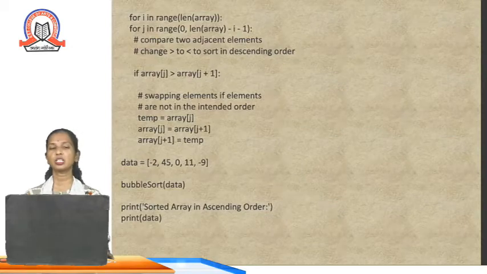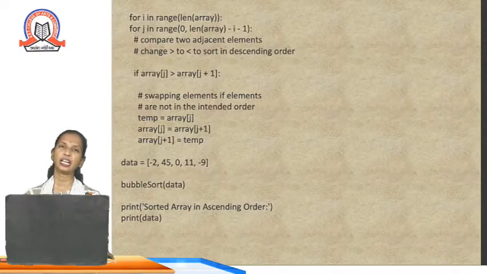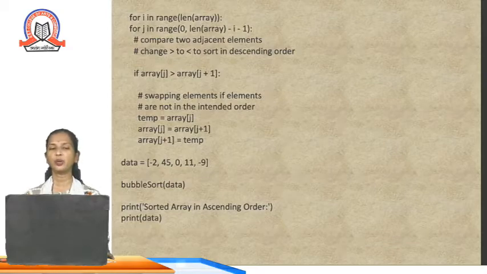Okay, so this is the condition that you will have to take into consideration here. As we have already said, after the first iteration we are making sure that the smallest element is put at the beginning, and then the largest element is going to appear at the end. So when we do the comparison, in each iteration we compare from the last, then the second last and the third last element, and so on. Okay, so in the if statement we are doing a comparison.